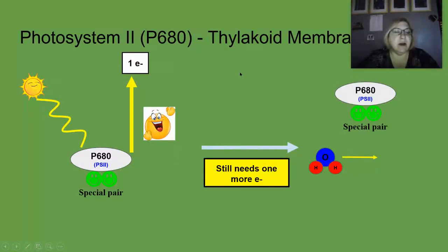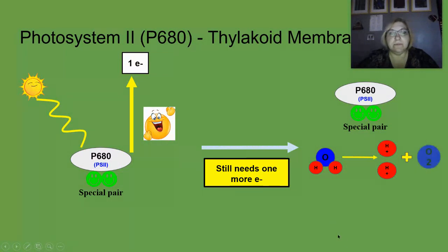So your electrons come down from the sun, and then they travel, and sometimes they need to be in pairs. So you need to have another electron. Well, the only way that the plant can get the other electron is by using the water, and this is why water is important for plants. The leaf in the thylakoid membrane actually splits apart the water molecule, and it takes those hydrogens and uses them,